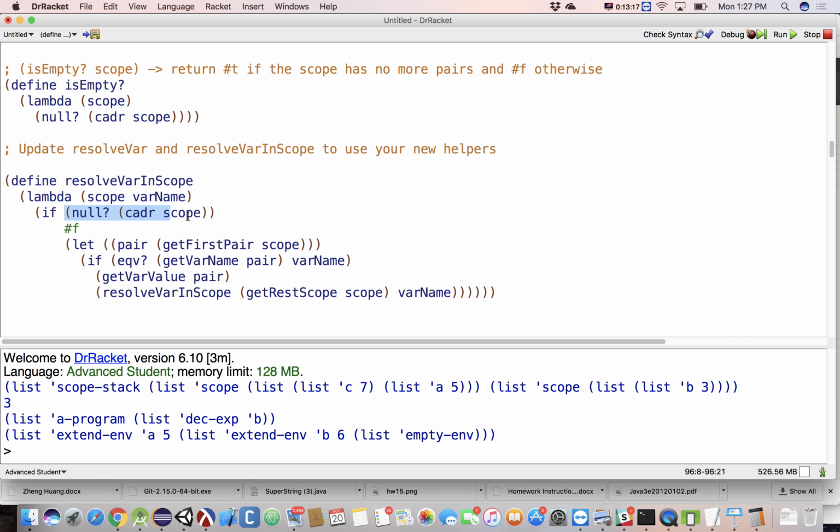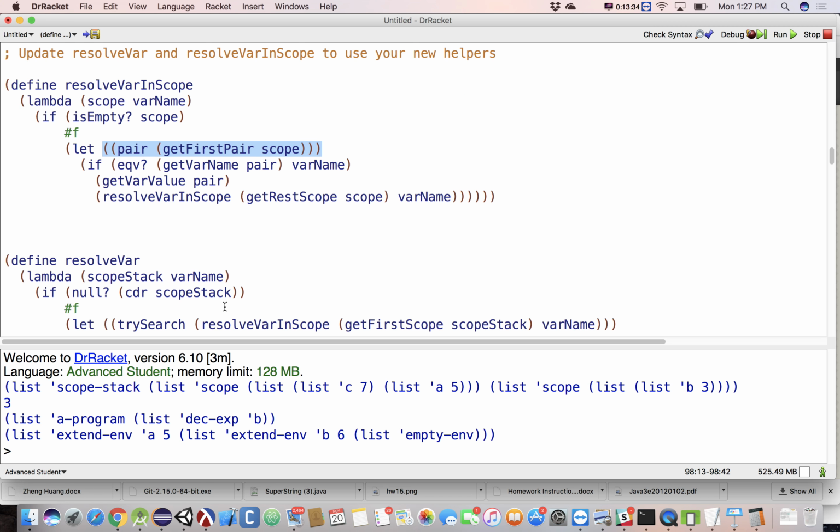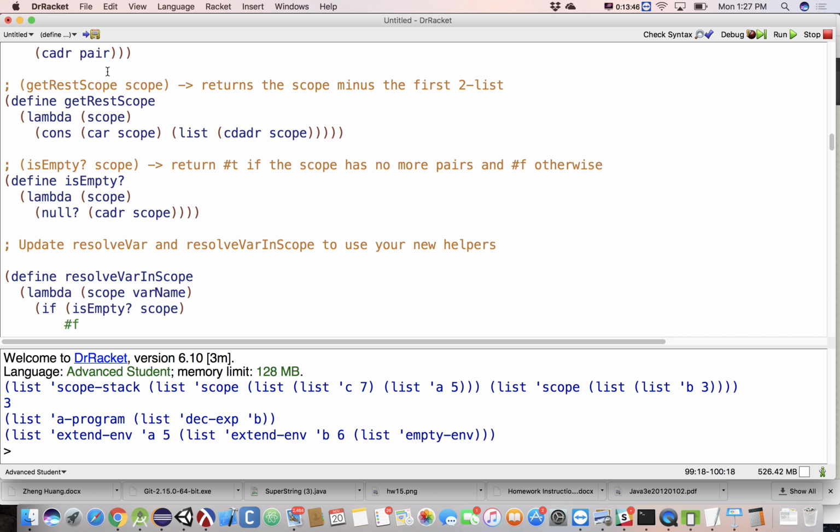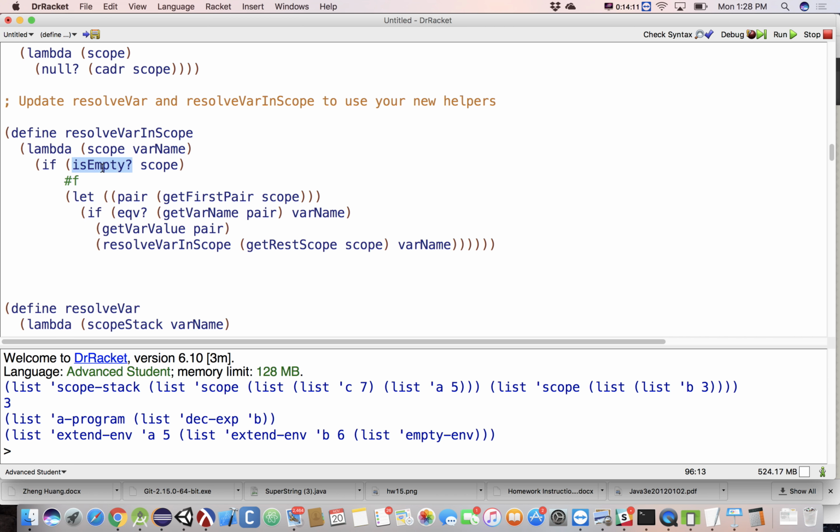So now we can ask here if is empty scope, then return false. Otherwise, do the rest of the stuff. Now up here in our scope stack, we also have the ability to find out if we're out of stacks. So maybe what we should do is say is empty scope, just so we can differentiate between scopes and scope stacks, because this is a loosely typed language. Just because I call this guy scope and call the other guy scope stack, Scheme doesn't care. Those are just one parameter. Okay, so we'll call this guy is empty scope. So just update that real quick in here. Is empty scope. That way we can write one that's is empty scope stack,